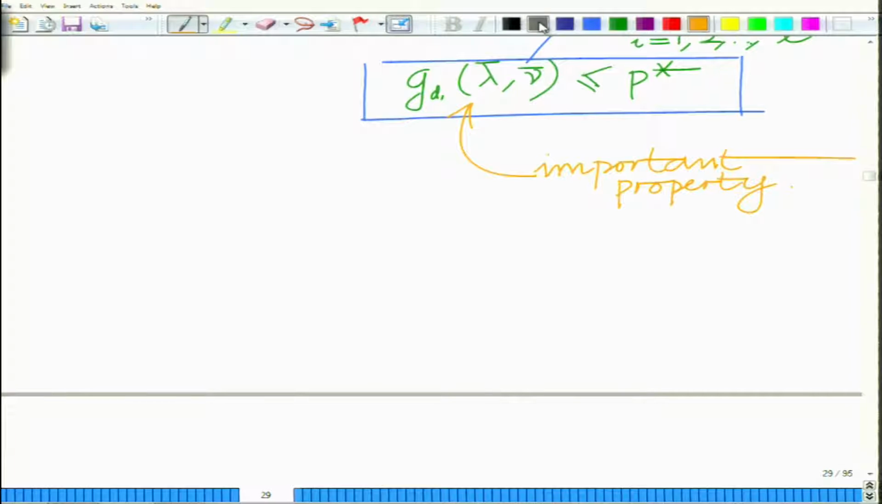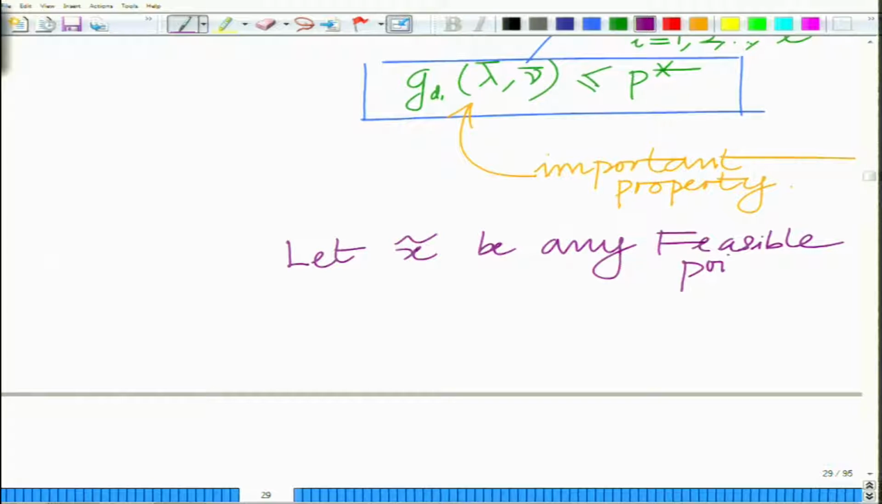Let us try to understand why this arises. So, let us try to briefly demonstrate this. So, observe. Now, let's start with the following. Let x tilde be any feasible point. Feasible point means it satisfies the constraints, in the sense that